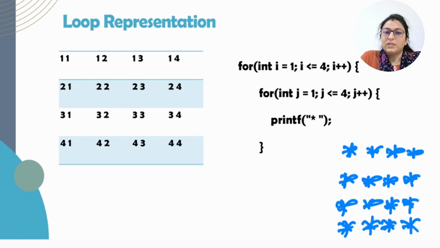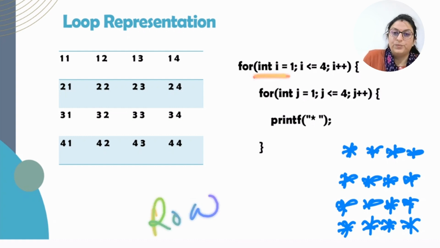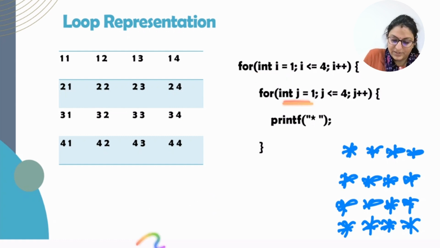यहाँ पे हमको समझना है कि nested loop कैसे वर्क करता है. So here you can see we have written for I is equals to 1, less than equals to 4, I plus plus. That means I will be 1, 2, 3, 4. I की वैल्यू 1 से स्टार्ट होगी, कहां तक जाएगी? 4 तक. Same way J is equals to 1, less than equals to 4, J plus plus. J will start from 1 and go to the 4. जब भी आप नेस्टेड लूप की बात करते हो तो आउटर लूप जो होता है here that is the I which represents the row, और जो भी इनर लूप है that is J which represents the columns.